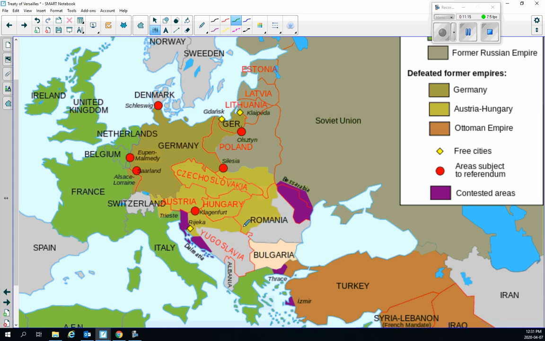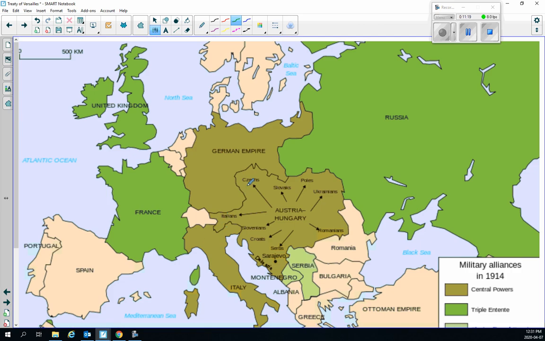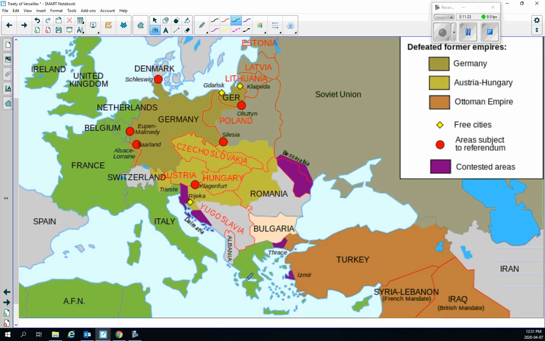So while it's not complete self-determination, you know, all of these little guys didn't get their own territory, but some of them did. It's not complete self-determination. This is better than what they had before. At least now they've got a sovereign nation state and they're not part of the Empire of Austria-Hungary. So Wilson didn't completely get his way. He got part of his way.